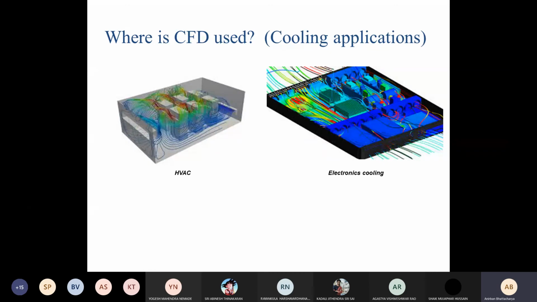Within that limited space, there are 2-3 heat pipes and a couple of fans. If it is a gaming laptop or a high-end laptop for simulation, you will see a larger number of heat pipes, more fans and more vents. How the fan draws the air and blows it out through the vents needs to be calculated using CFD.